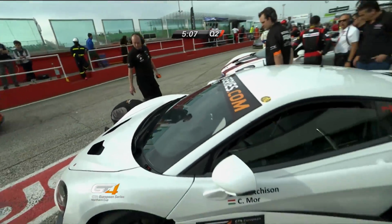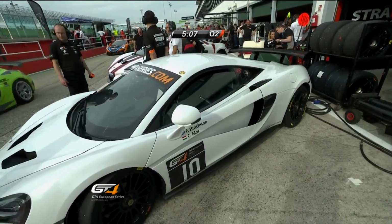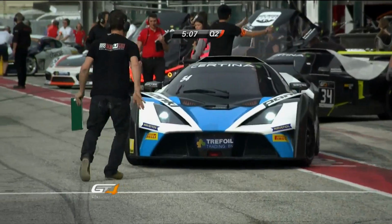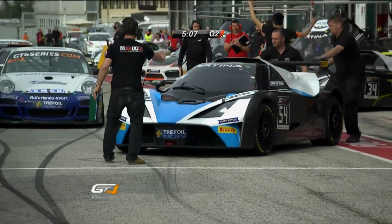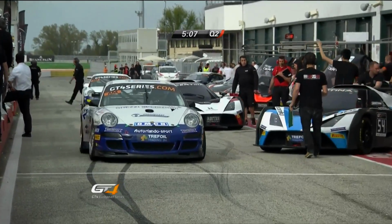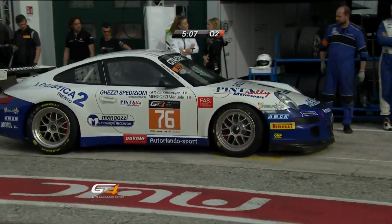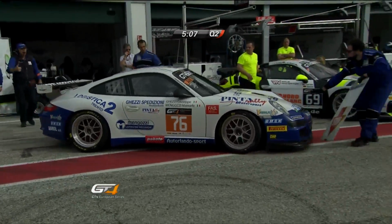So for the crews, they've got to keep their drivers under control, keep them calm. This is Équipe for sure, McLaren 570Z of Finlay Hutchison, Scottish racer, and Jaber Moore, racer from Hungary. And for a lot of these crews, they just want to get back out onto the circuit. 5 minutes and 7. The clock has now stopped. Session will